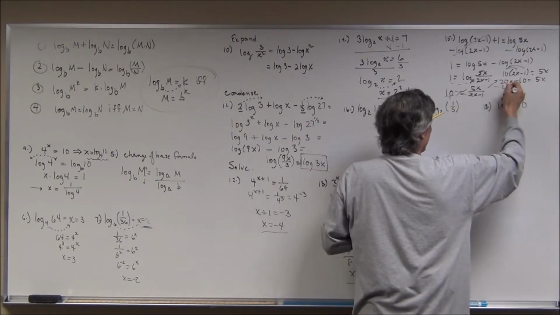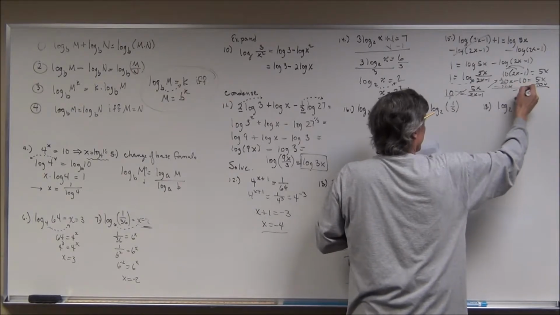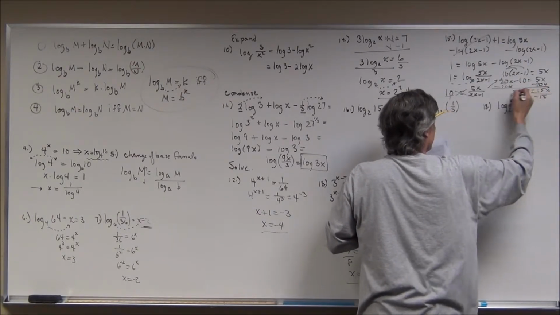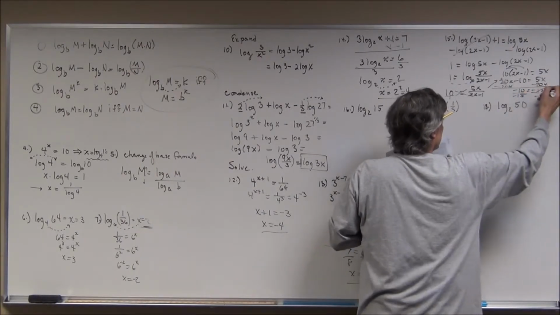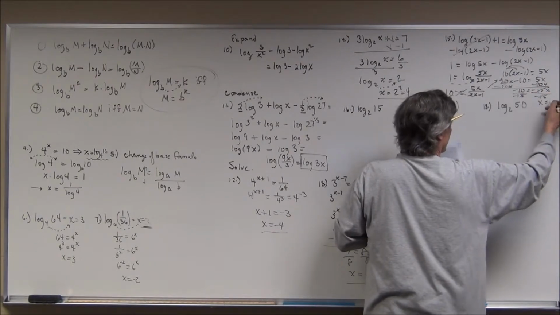I'll subtract 20x from both sides. I'm really running out of space. And I get negative 10 equals negative 15x. I'm going to divide by negative 15 on both sides. And if you can still see it, I get x equals negative 10 divided by negative 15 is